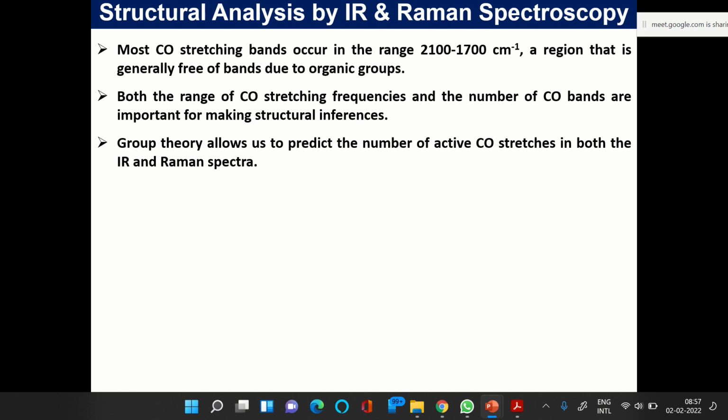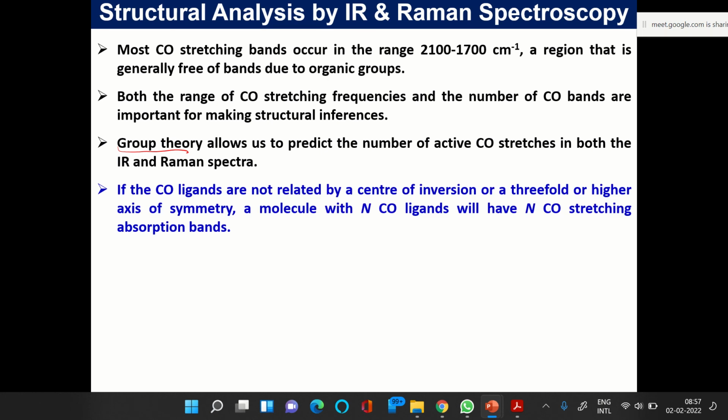Using group theory and involving that analysis in IR and Raman spectra, you can find this out. So if the CO ligands are not related by a center of inversion or a threefold or higher axis of symmetry,